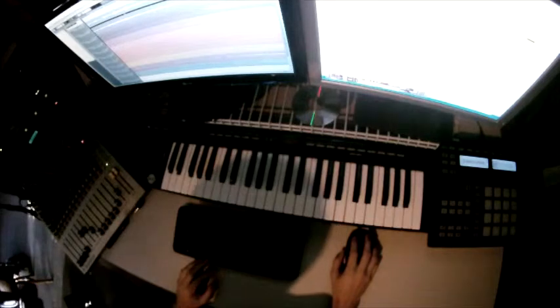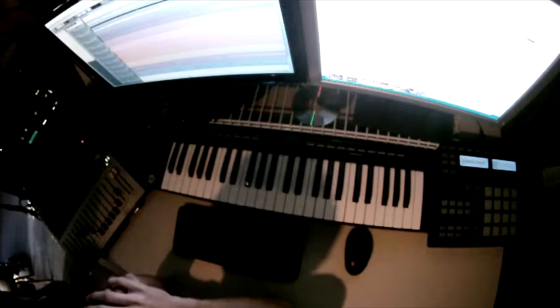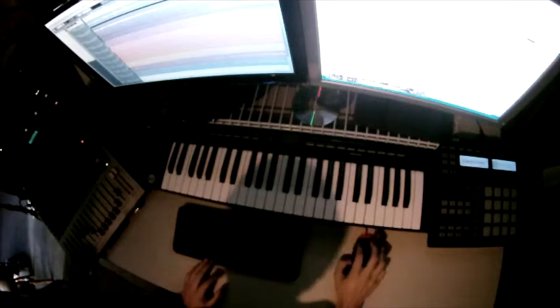So get that guitar part. Just let it loop for a couple of times. See, they're not together. It's a little early there. Late. Okay.